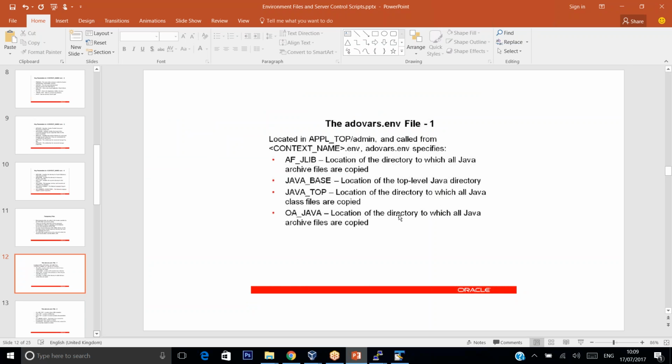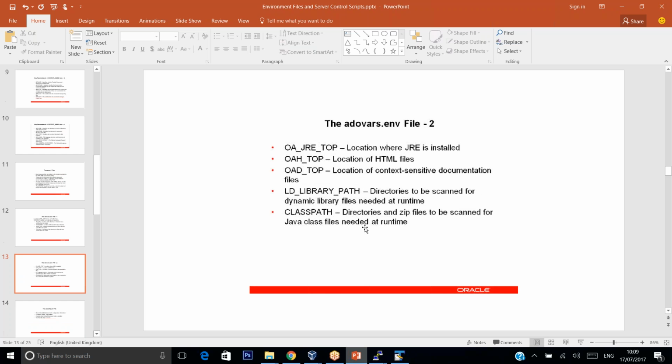Okay, so there is another context file, another environment file called adovars.env, which contains the Java related environment variables. That file contains completely Java related environment like FNDLIB, Java base, Java top, OA Java location, the location of the directory to which all Java archive files are copied. JRE top, OAH is the location, OAH_TOP is the HTML files, OAD_TOP location, context